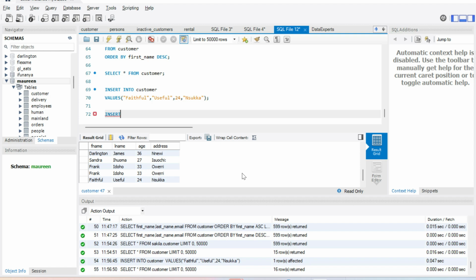Now I'll open a bracket here and say I want to insert into these particular columns: the F name, the way it is written here, the F name, the L name, and the address columns. These are the columns I'm interested in recording. So I will now say the values I want to insert are, so you can just come here and say